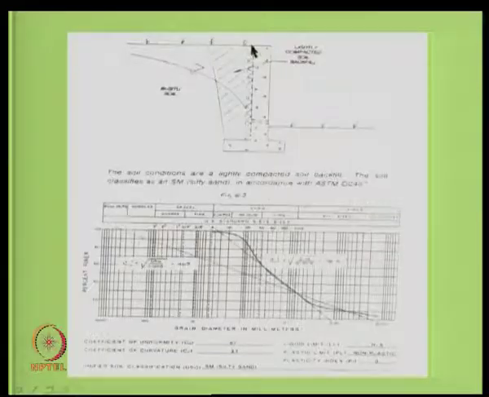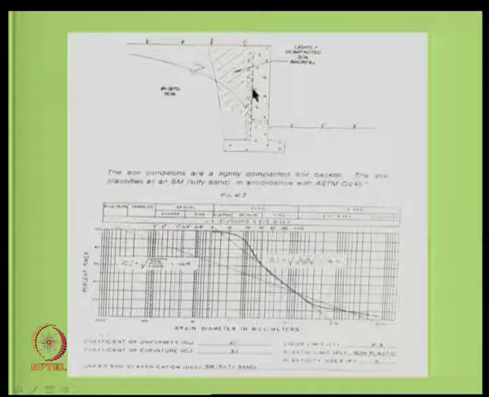Okay. So, this is another example of why you provide drainage behind the retaining walls. Otherwise, the seepage pressures also should be considered in design, right. It is not gamma h square by 2 that you use. Again, you have to take into account gamma w h square by 2, the water pressure also should be considered, which is going to be very expensive. So, the best way is to drain the water and have proper provisions.